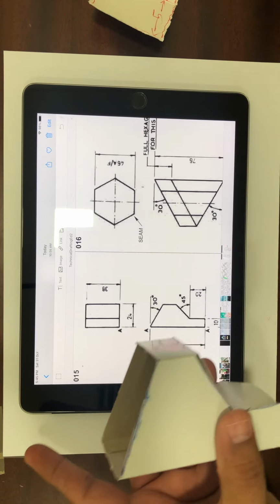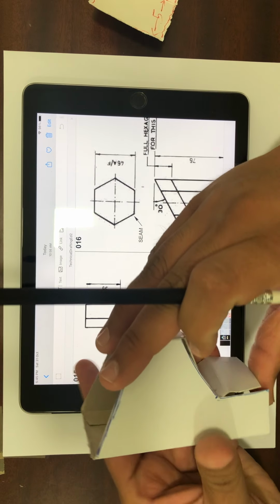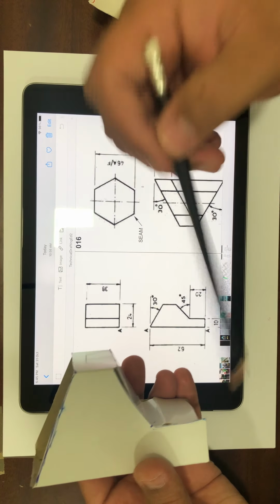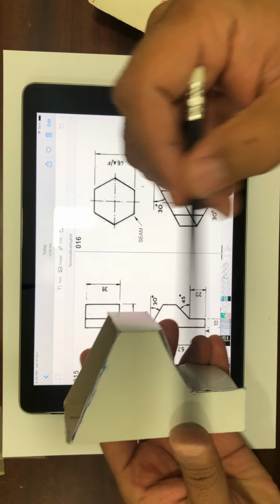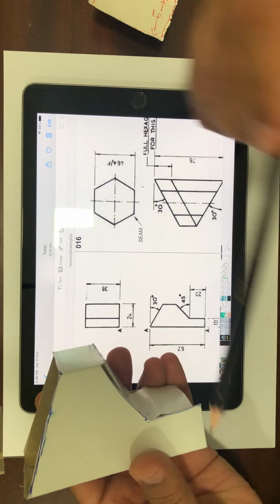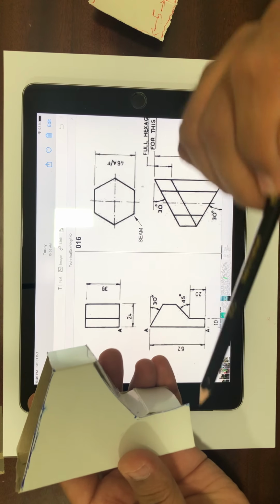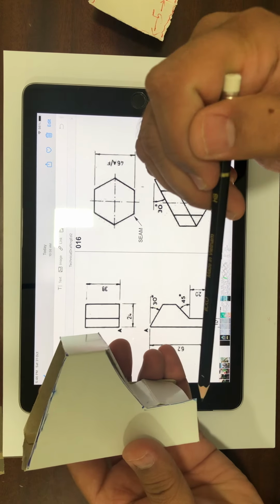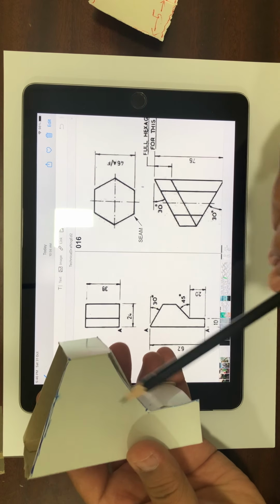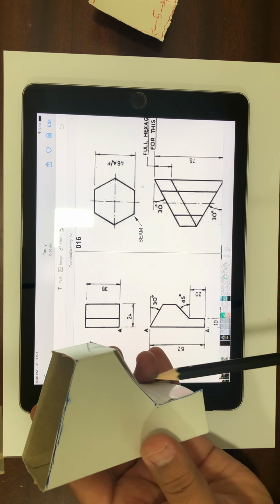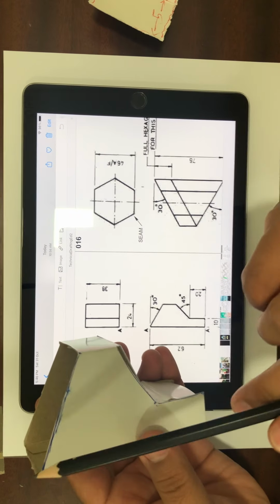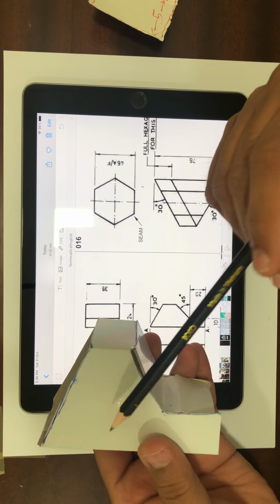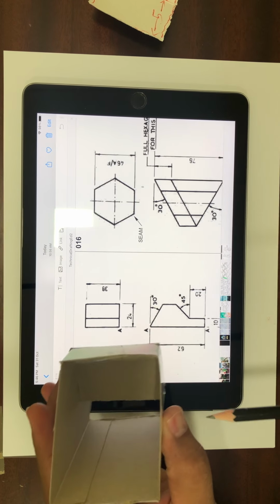Now this is the front view. This is the front view of this shape. So what is the height here? From here to here the height is 62, and this width is how much? 10. This is 10, and this part is 20. Here the angle is 45 degrees, and here the angle is how much? 30. So this is the front view. I am looking from here.